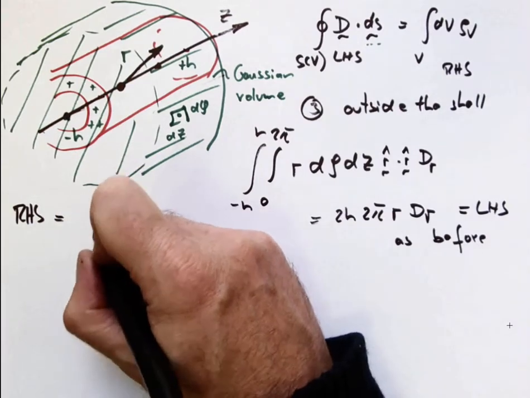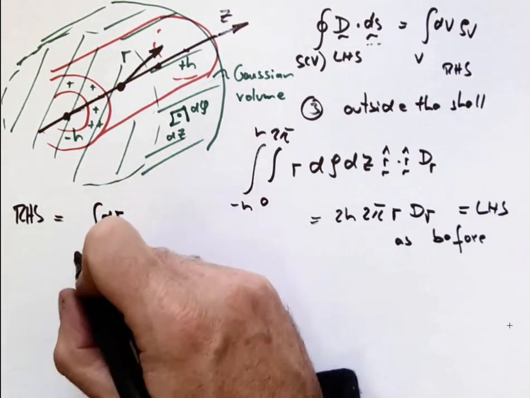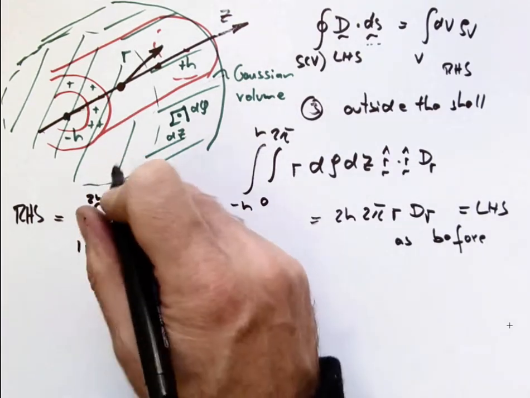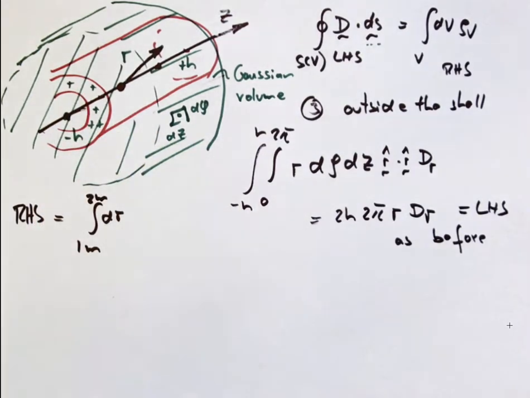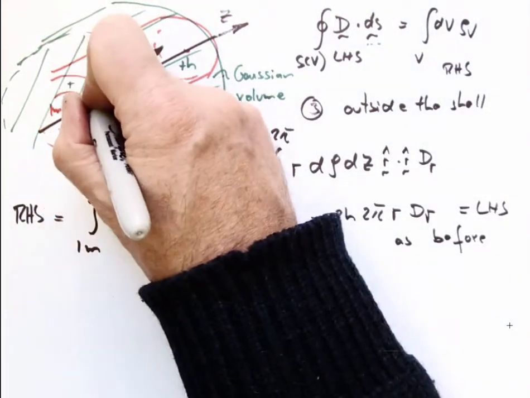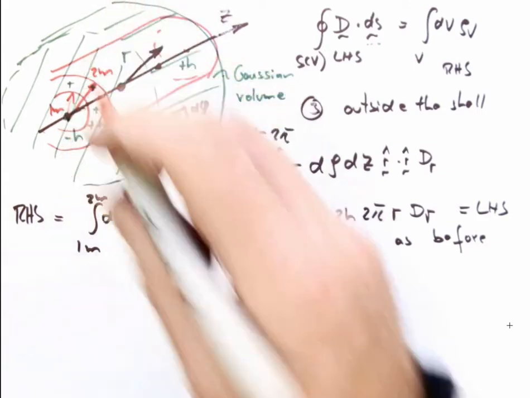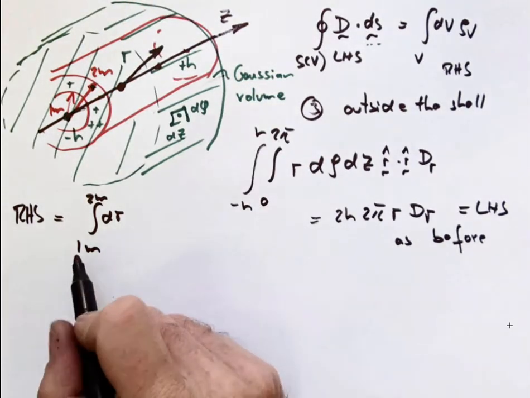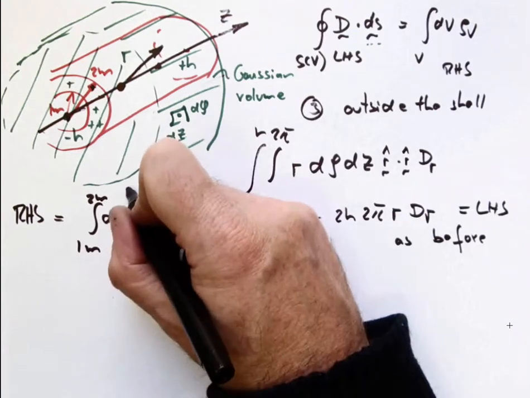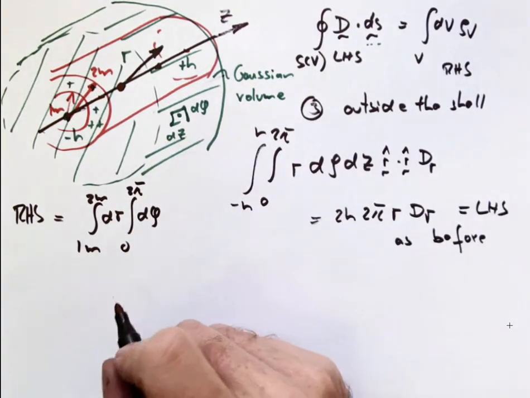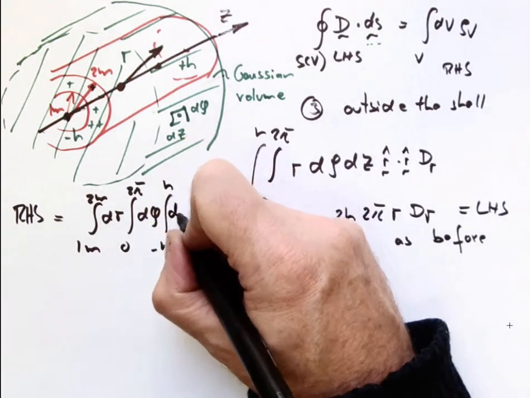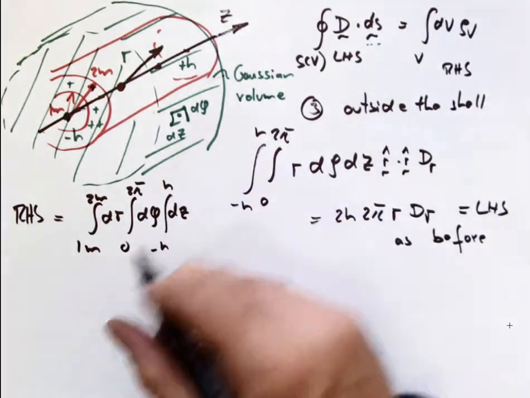Therefore, the r integration only contributes between 1 meter and 2 meter, because that's the extent of the shell. So we only have to integrate from 1 meter to 2 meters. We go all the way from 0 to 2 pi over phi, and from minus h to h over dz,